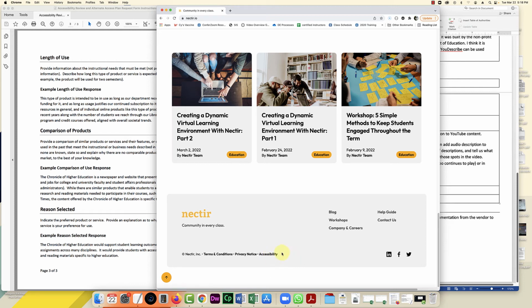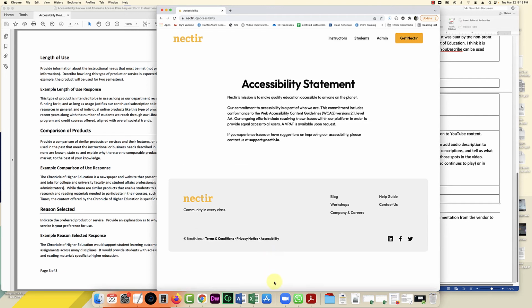Some companies even have a VPAT linked as well, but those can change over time. So in this case, when we click on accessibility, they have their statement here, and they also tell you that a VPAT is available upon request. So they're very easy to get most of the time from these vendors. You just have to email them and ask for the VPAT, and you will include that with the form.